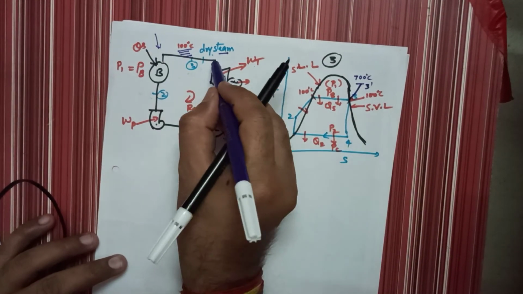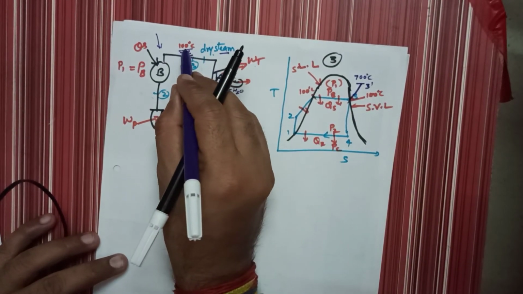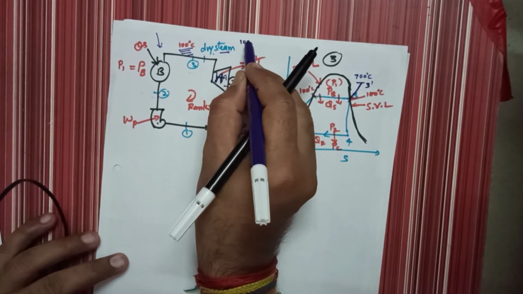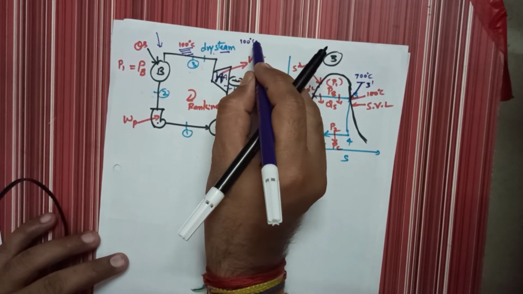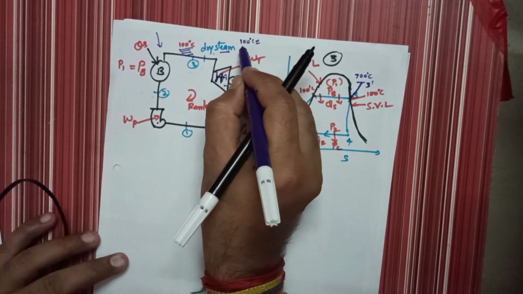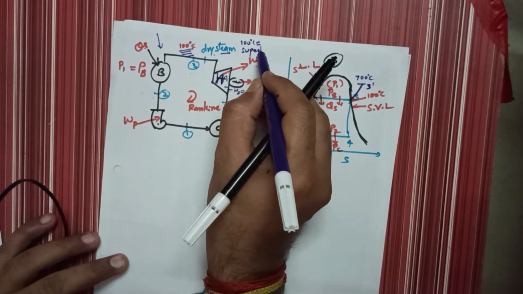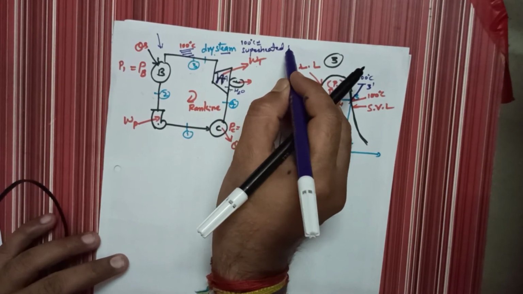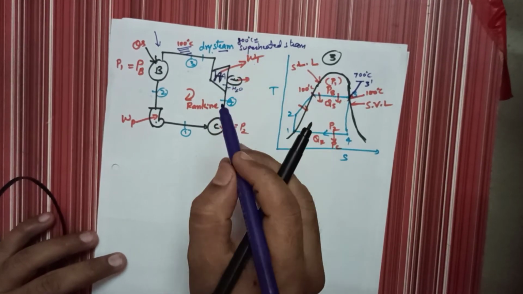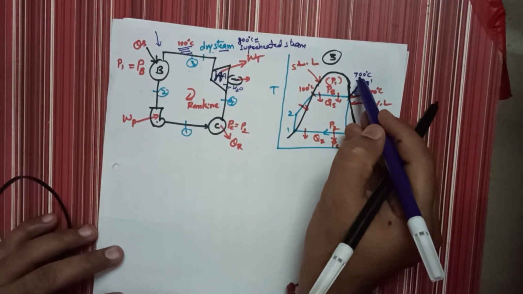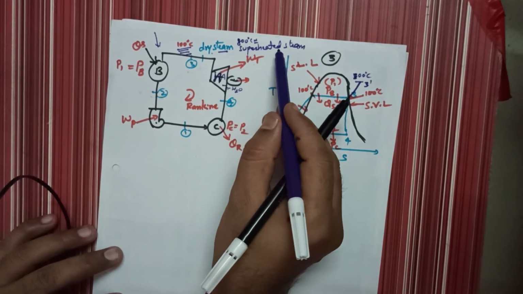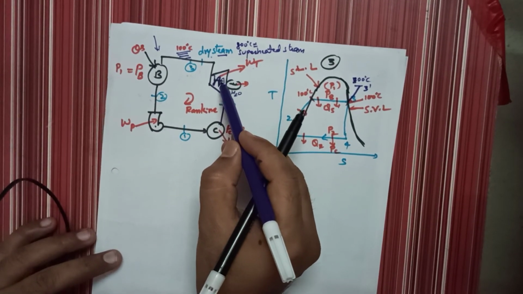Again 3 dash. Now here, if it is 100 degrees, then it is called dry steam. If it is more than 100 degrees Celsius, for example, assume that the temperature is 700 degrees Celsius, then it is called superheated steam. So 800 degrees Celsius steam, now I will make it 800. So 800 degrees Celsius superheated steam enters the turbine.